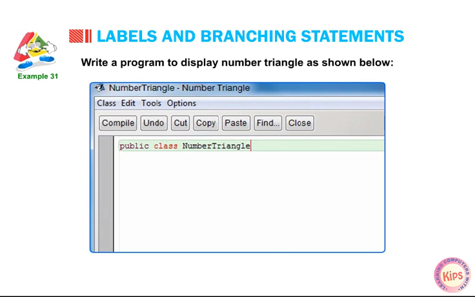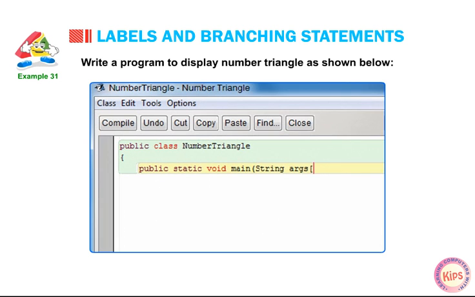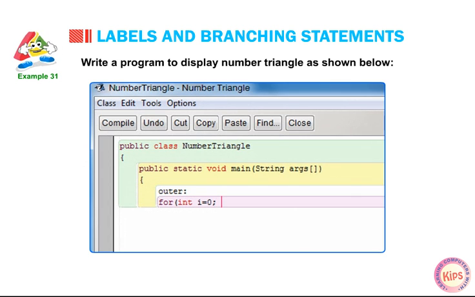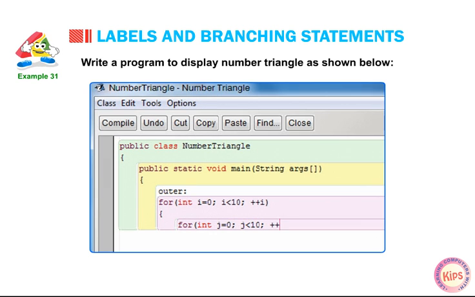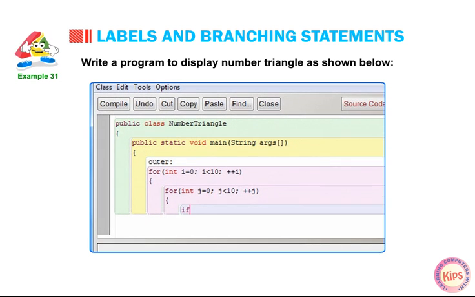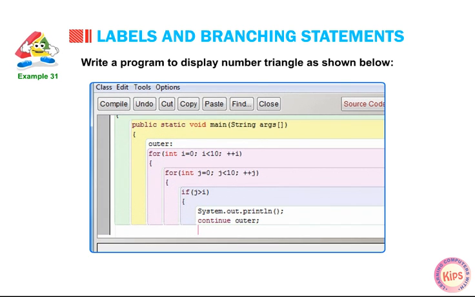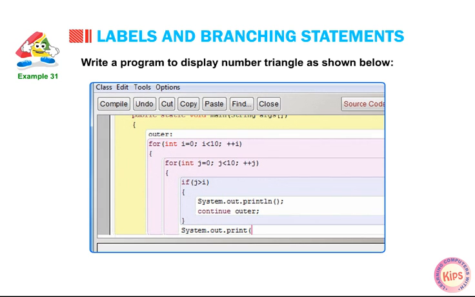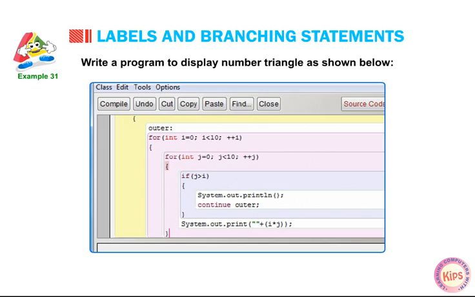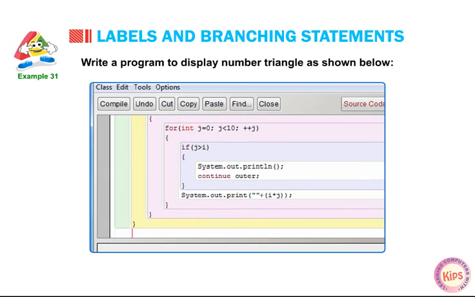public class NumberTriangle { public static void main(String args[]) { outer: for (int i = 0; i < 10; ++i) { for (int j = 0; j < 10; ++j) { if (j > i) { System.out.println(); continue outer; } System.out.print(" " + (i * j)); } } } }